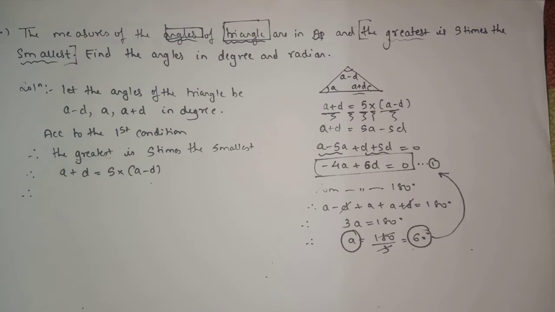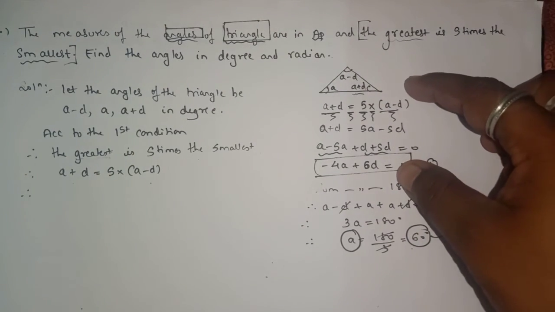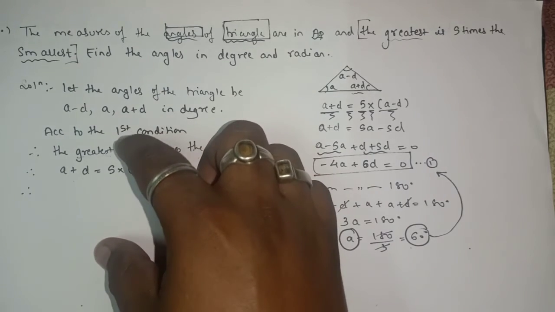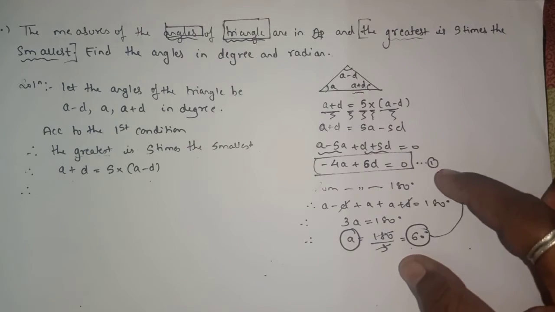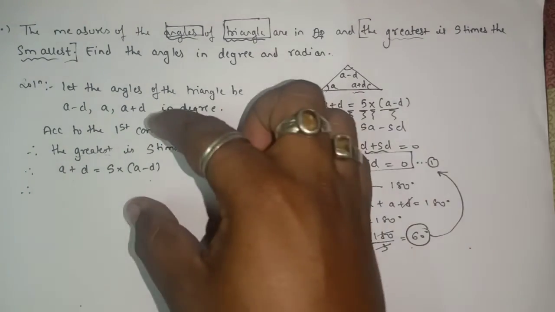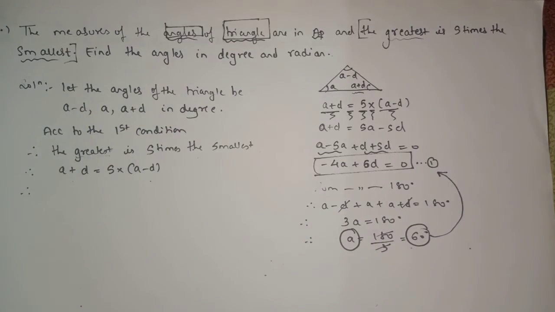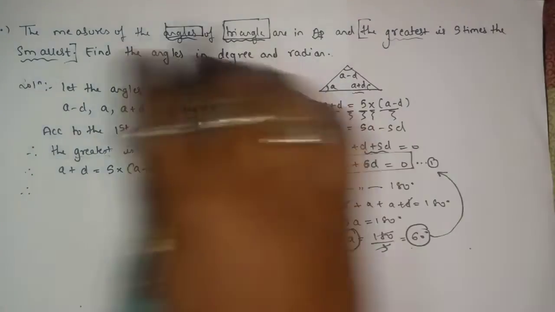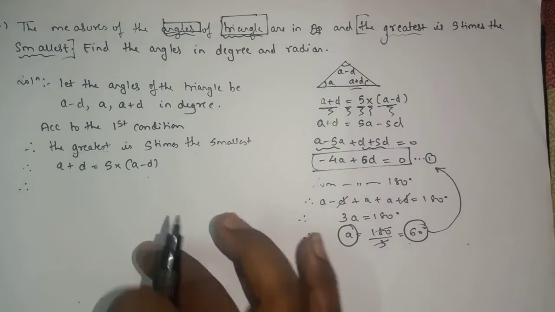Okay, it is not compulsory that, according to the condition which is given, you have to solve this part first and then this second. If you want, you can solve this section first and this part after this. Okay, so as now I am solving according to the condition, this was the first one and this is the second one.